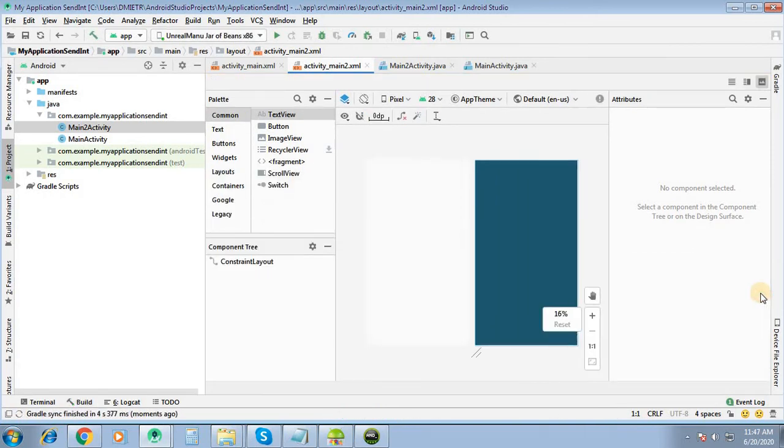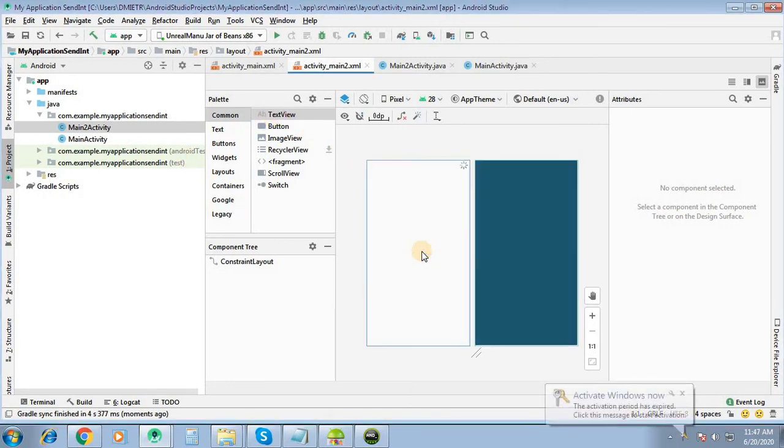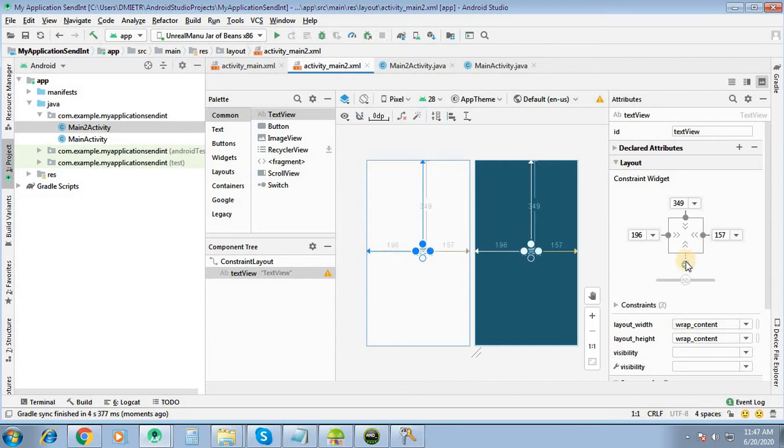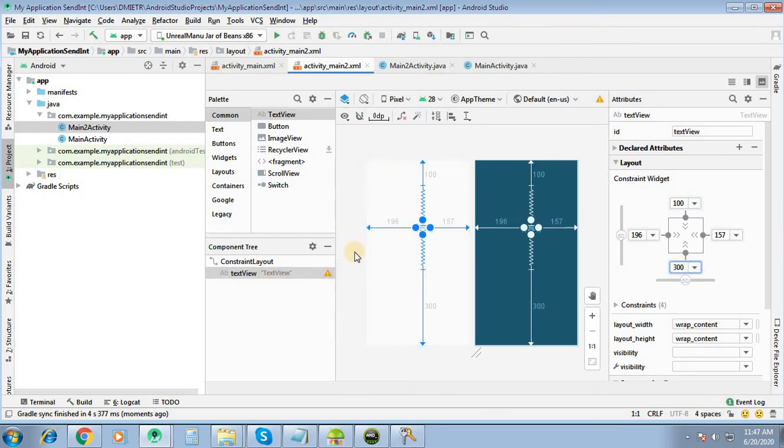The value coming from activity 1, we are going to display in the second activity. That's why we will take a text view in the second activity. Set the coordinates for this also.